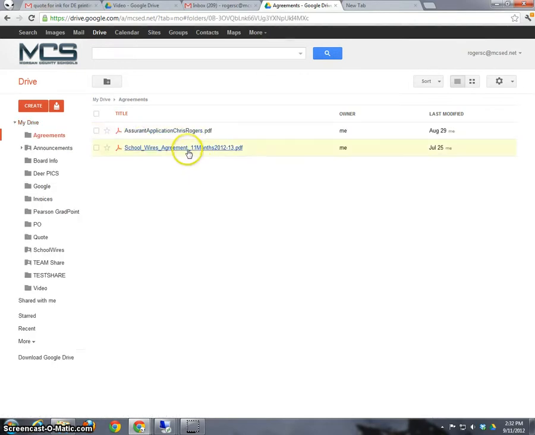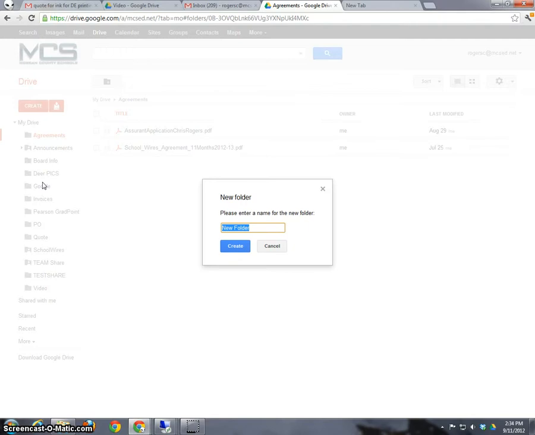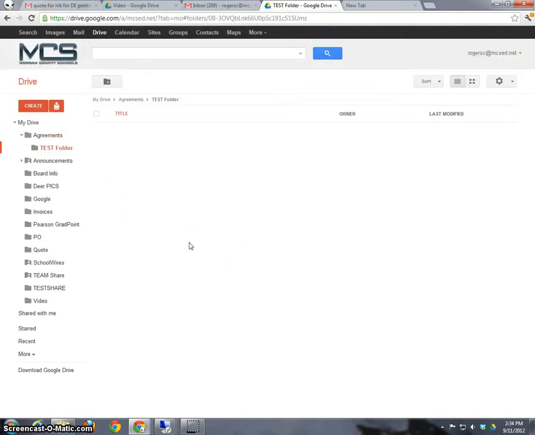As you're going to see in the agreements folder, I have created a couple of PDF files. To create a folder where you can store files, go to the create button, click on folder, and you can name your folder. Click on create. Actually, I have created this in the agreements folder. But if you do something like that, all you need to do is click and drag, and you can drag your files and folders to organize them correctly under your My Drive space. So now we're going to go to this test folder,